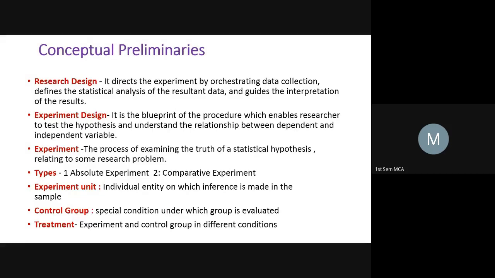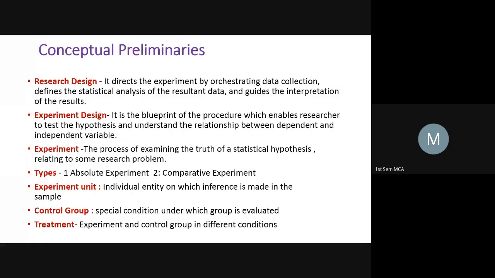So I do some statistical analysis on the data which I have collected, and I try to give some kind of inference. Inference is nothing but some kind of results. That result should be quantitative. But how do you put that quantitative information? The quantitative information is represented through a variable. That variable is called a quantitative variable. This quantitative variable can be a dependent variable or it can be an independent variable.